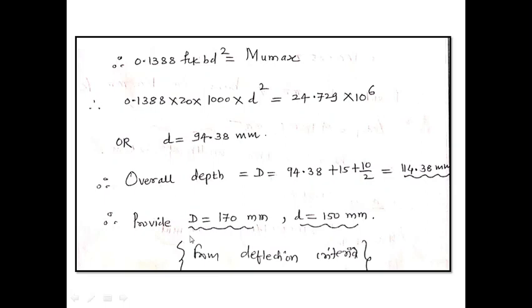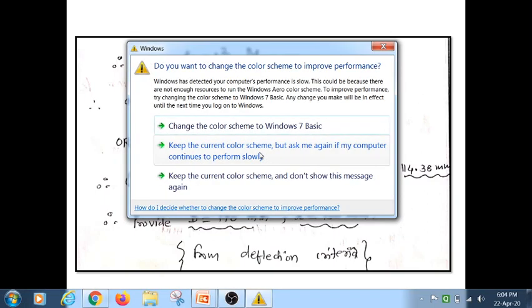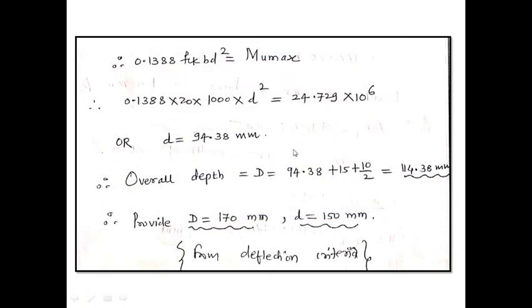Actually, we have already provided the effective depth, which we considered as 175 mm. Here that 175 we considered as overall depth for calculating the dead load, but now we can curtail it by 25 mm and provide overall depth as 175 mm and effective depth as 150 mm from the deflection criterion. From the bending moment criterion the effective depth needed is only 94.38, but in a slab-like structure, because a staircase is nothing but a one way slab, deflection always governs.